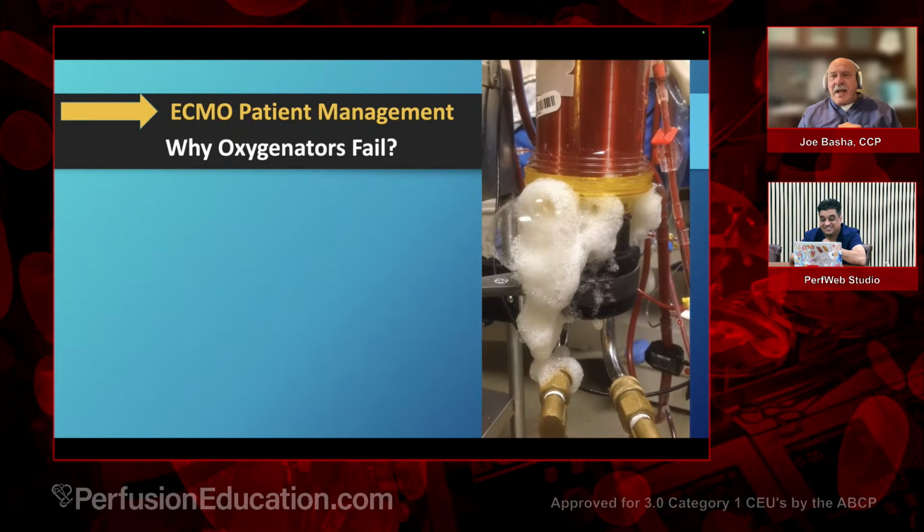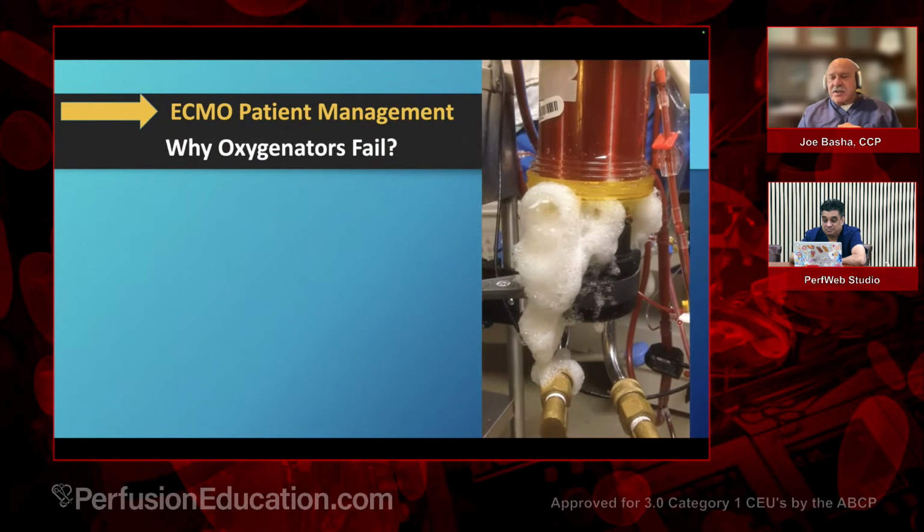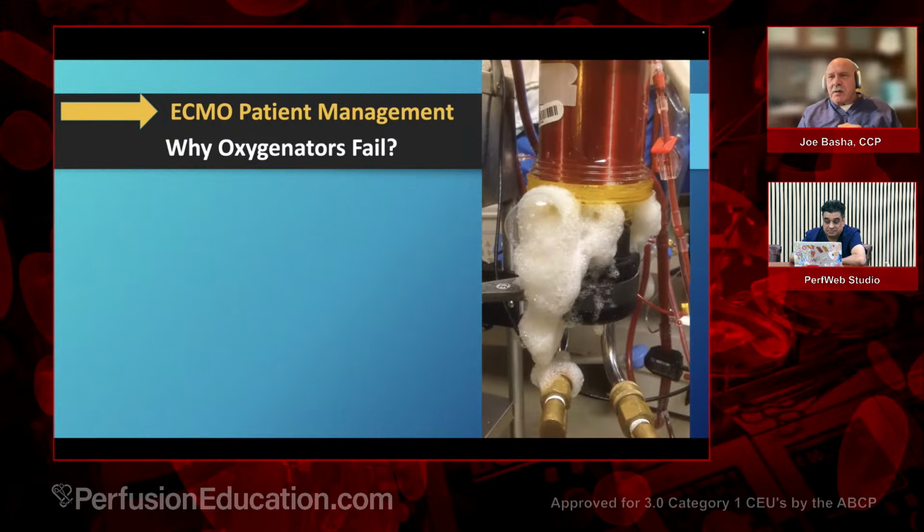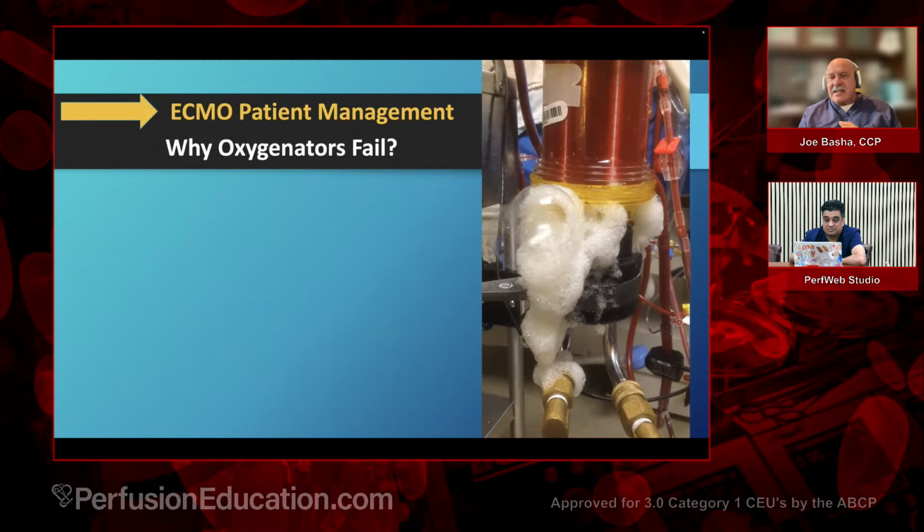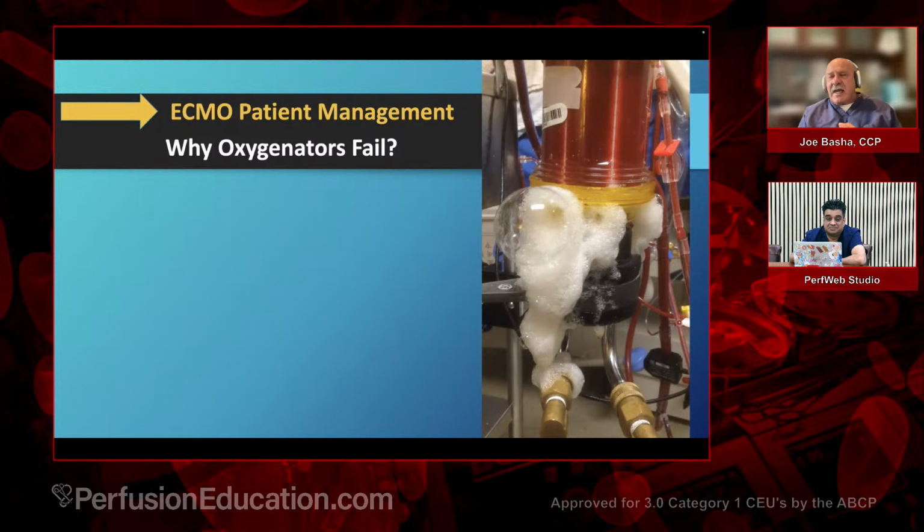And this is what a wetted oxygenator looks like. That just has to be changed. Your CO2 clearance is going to be terrible, and eventually your PO2, your oxygen transfer, is going to fall, and it's going to be a crisis. So you see something like this, you have to change it, but that's what it looks like. And that's caused by lipids in